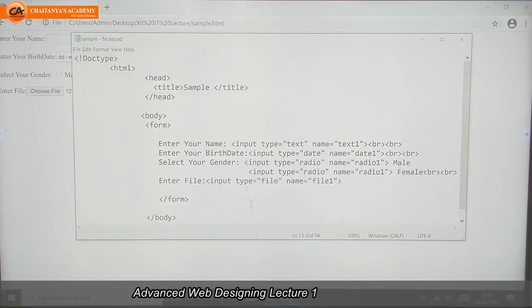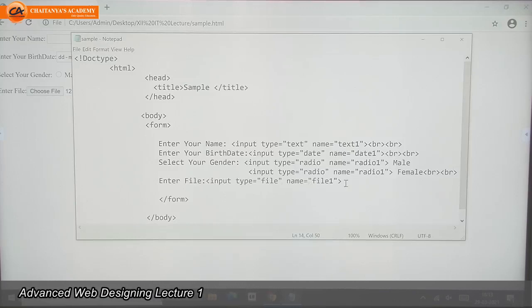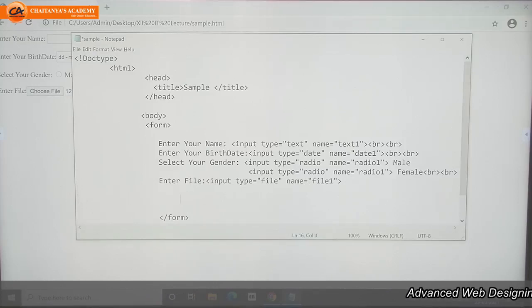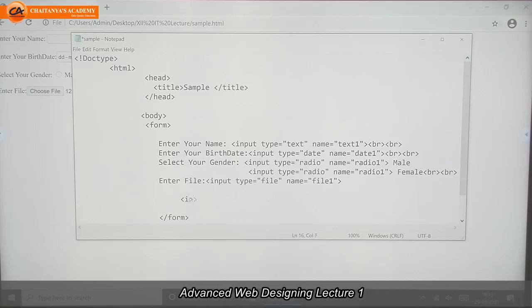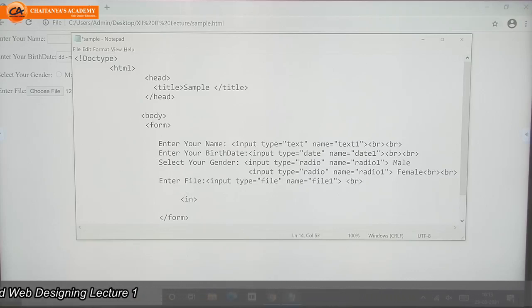If you want to display any button, what can we do? We can write input type. Here first we will write a br tag, otherwise our button will display next to the file.